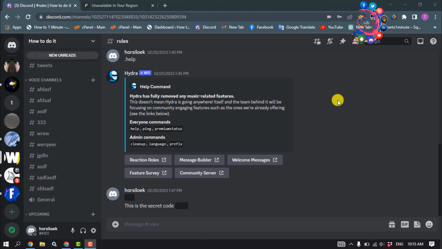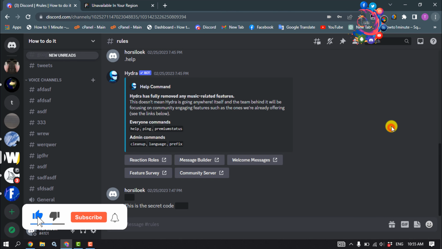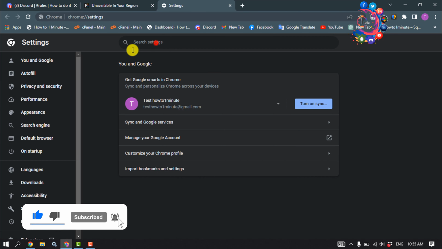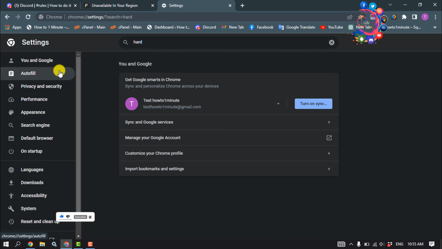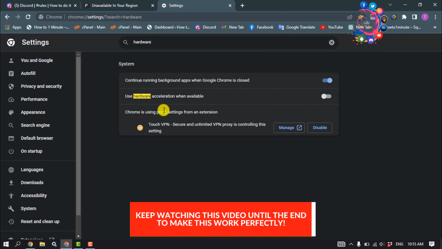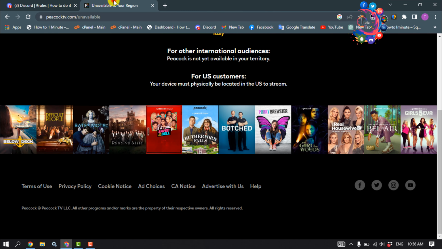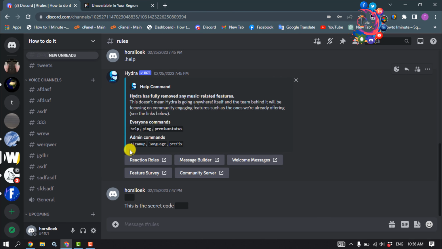Open your browser and click on this three dot. Click on settings and search here hardware, and here you will get this option, use hardware acceleration when available. So you must disable hardware acceleration for your browser, and then open your Peacock and open your Discord and open